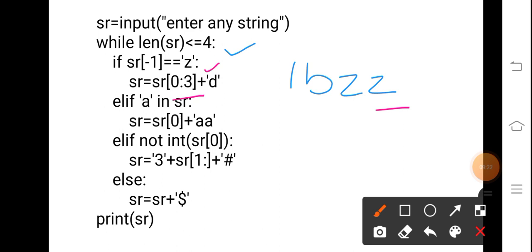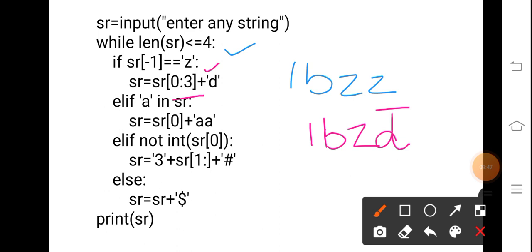That means starting from 0, 0, 1, 2. These 3 indexes will be taken from the string. So 1, B and Z. These 3 values will be taken from the string, and D will be concatenated. So the value of SR will be 1, B, Z, D.